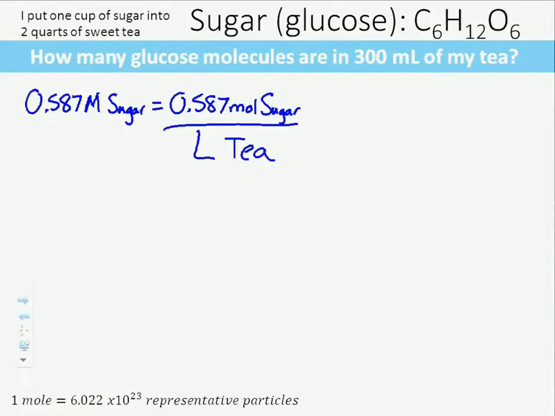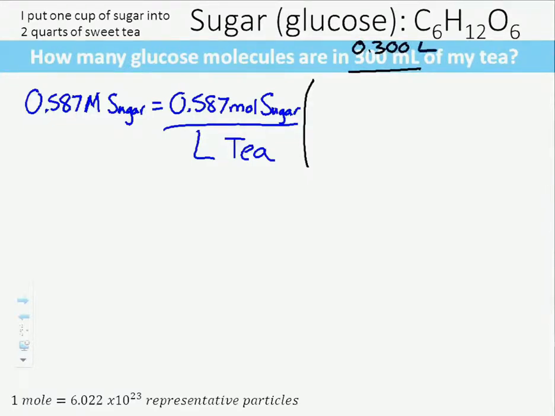So if we start with that as our starting point, we then can figure out per 300 milliliters. So if we have 0.587 moles of sugar in my tea, then I can say, oh, well, 0.300 is the same thing as